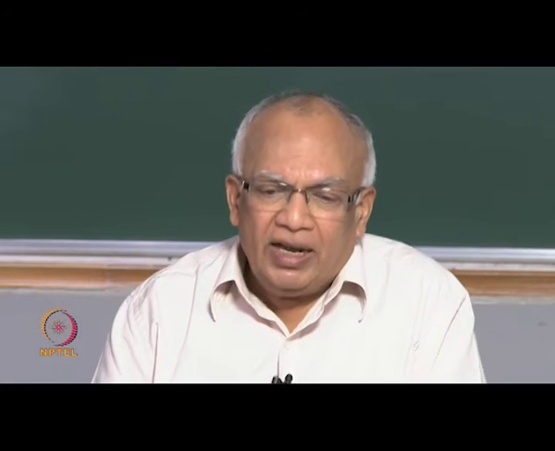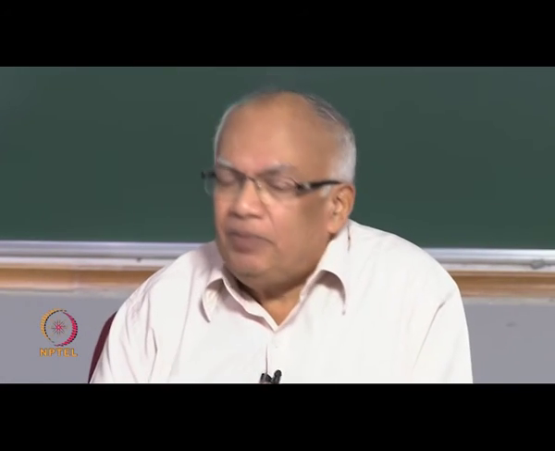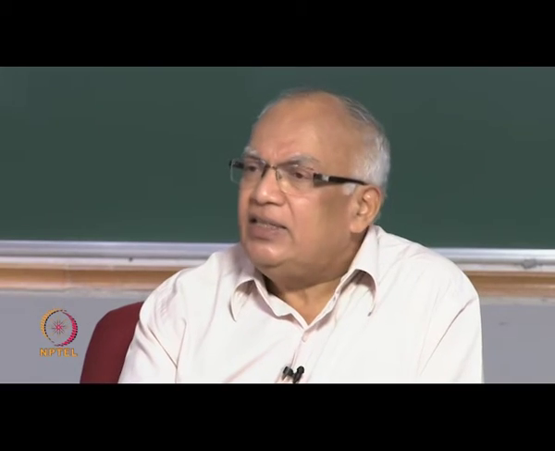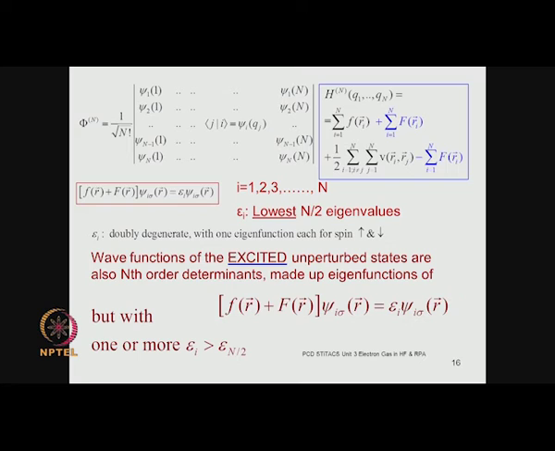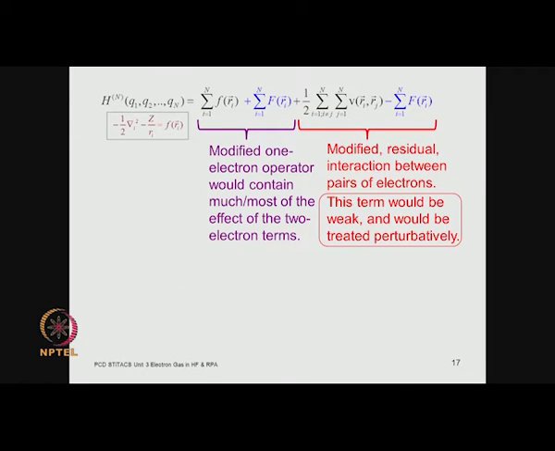And if you now have an excited state of the n particle system, in the excited state you will have at least one, possibly more, eigenvalues epsilon I which are greater than n by 2. But we consider at least one, and our discussion, which will apply for at least one, can be very easily extended if you have more than one. So, we will have the excited states with at least one epsilon I which is greater than epsilon n by 2, and